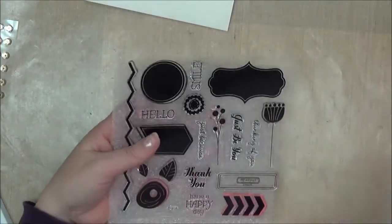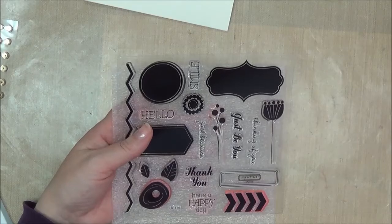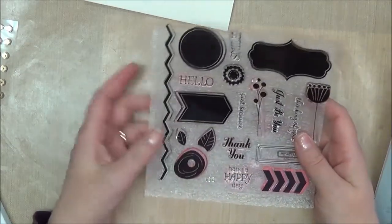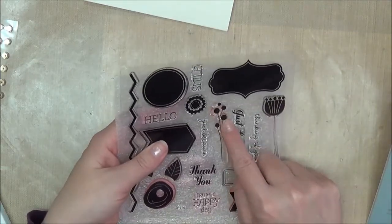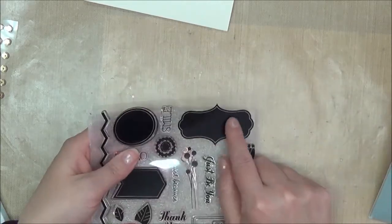I can't remember if I've used it on camera or not, but this one is from Have a Happy Day, and it's a D-size stamp set from the Everyday Life. And I really like these kind of abstract flowers in it. I made some really pretty things with this little funny looking flower, but the one that I'm using today is